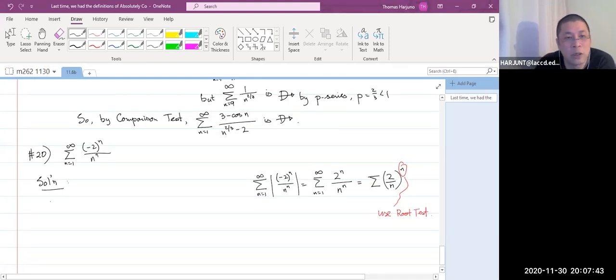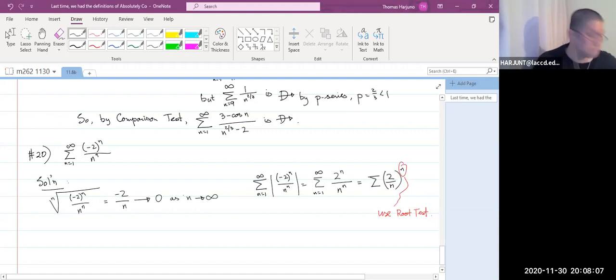Okay, so consider the nth root of negative 2 to the n over n to the n, that is negative 2 over n, that's convergent to 0 as n goes to infinity, right? So by root test,